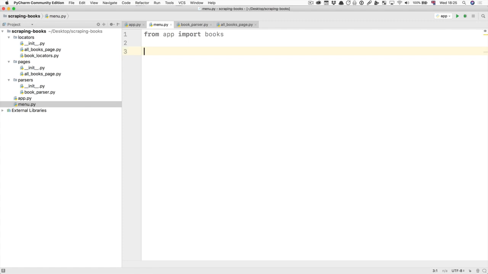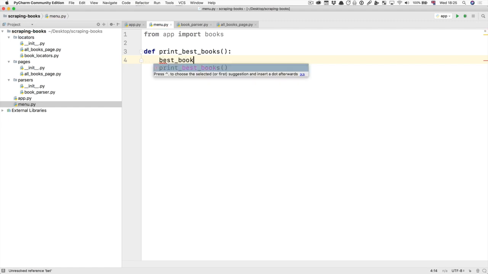Okay. Then we're going to define a function print best books, for example. What this is going to do is it's going to sort the books that we've got here, this list of book parser objects, and it's only going to give me the top 5 books, which means they're going to be the 5-star books, or some of them at least are going to be 5-star books. Okay, so the best books are going to be, and what we need to do here is sort the books